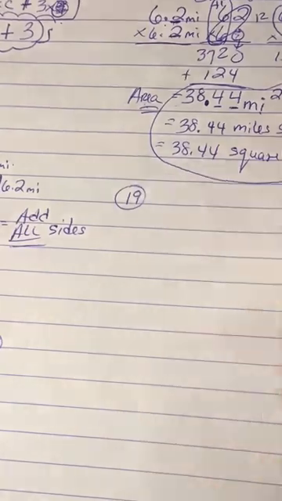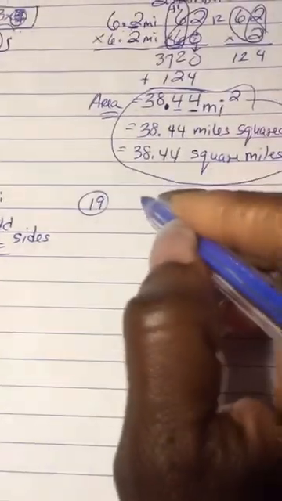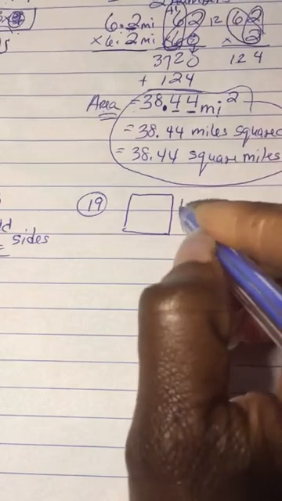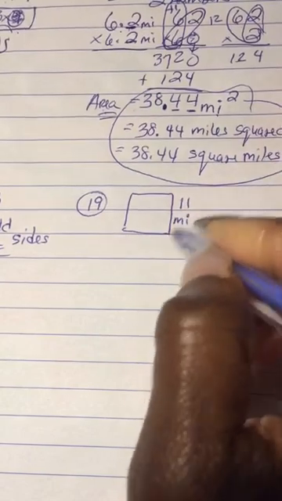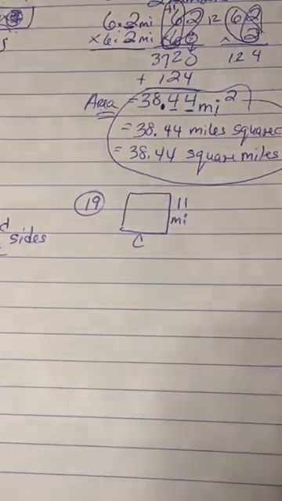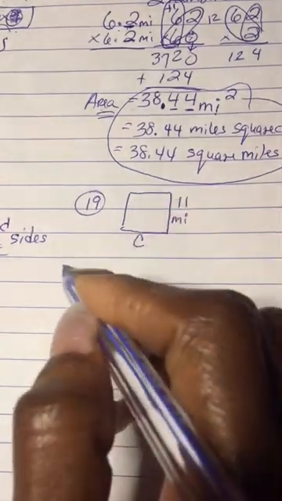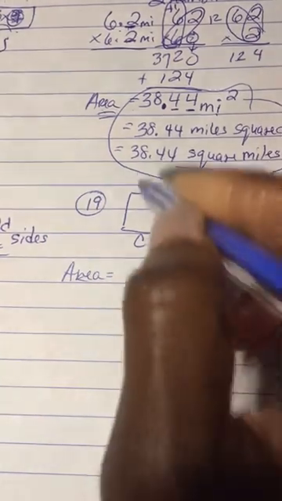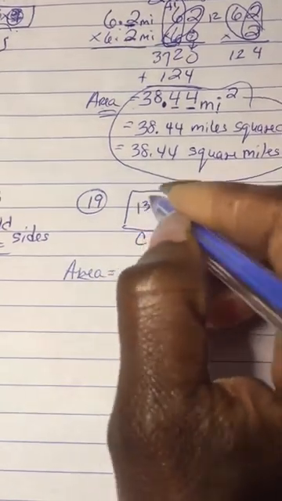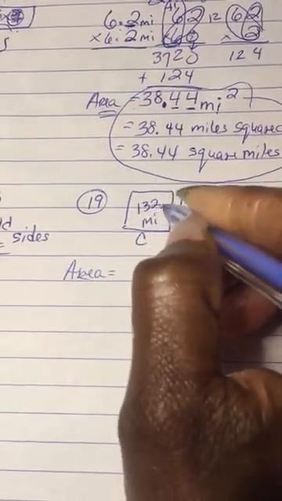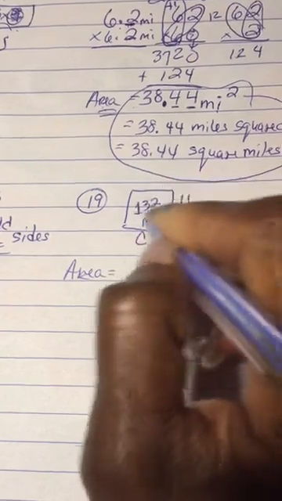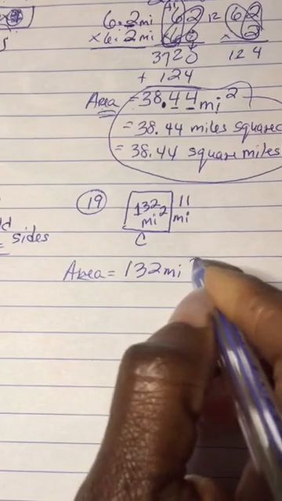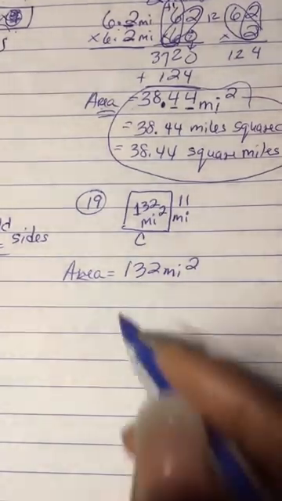Number 19 says that you have this shape. We don't know if it's a rectangle or a square. You just know that this side is 11 miles, this side is C. The area, which is the inside, is 132 miles squared. Remember, area is only squared. So 132 miles squared. In order to get the area,